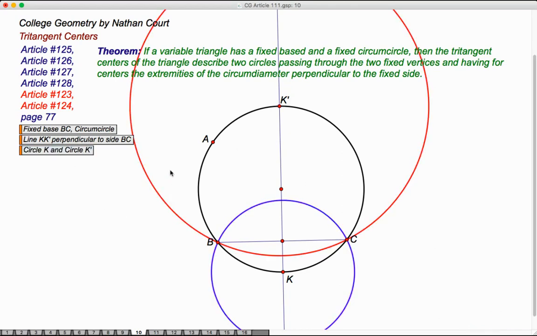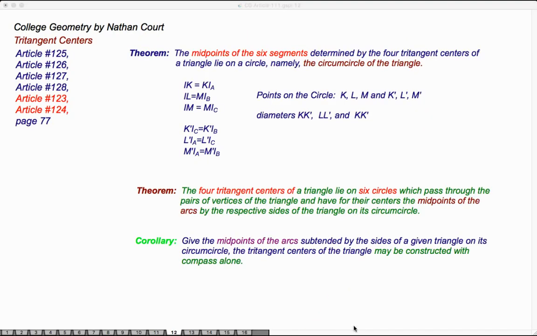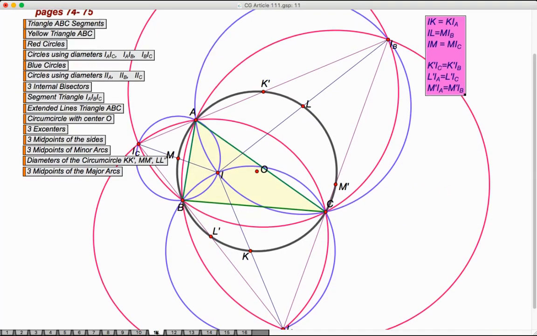And that's it. No matter where A is, this big red circle and the smaller blue circle will always be determined, and that's what the theorem is all about. This time for article 126, this is another immediate consequence of article 122. The midpoints of 6 segments determined by the 4 tritangent centers of a triangle lie on a circle, namely the circumcircle of the triangle. Well, going back to article